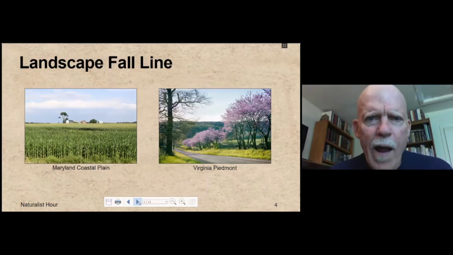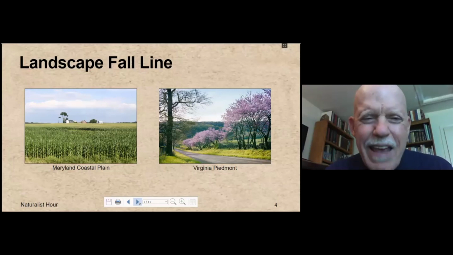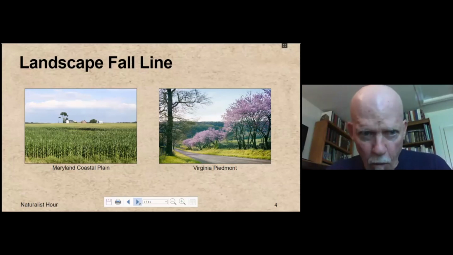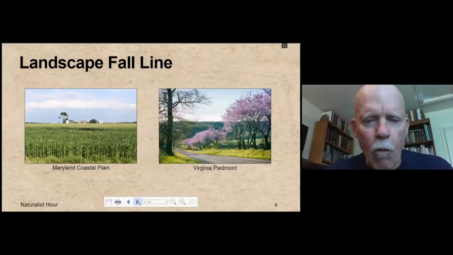Most of us are aware of the fall line as being the boundary between the coastal plain and the Piedmont regions. The coastal plain consists of layers of sediment. In our region, in the Mid-Atlantic region, the greater Chesapeake Bay region, let's say, all of those sediments, with minor exception, are marine. That is, the ocean was once higher relative to our present landscape. And all that flatness is basically former ocean bottom. Of course, it wasn't deep ocean.